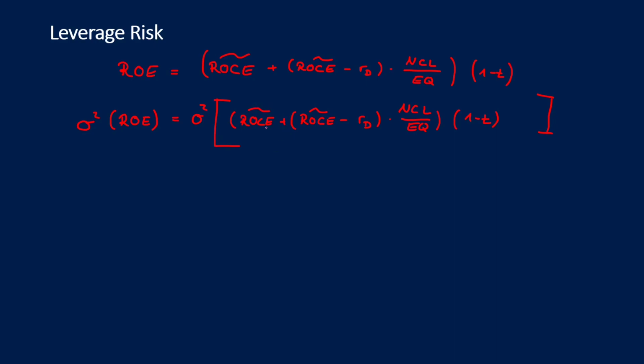Varying is of course only the ROCE, but not the leverage, not the interest, not the tax. So we can rearrange the whole formula. The variance of return on equity is accordingly, we have to multiply this out again, of course, so we have to solve all those brackets, and then we end up in the variance of the ROCE